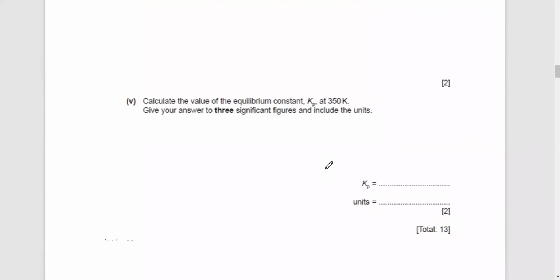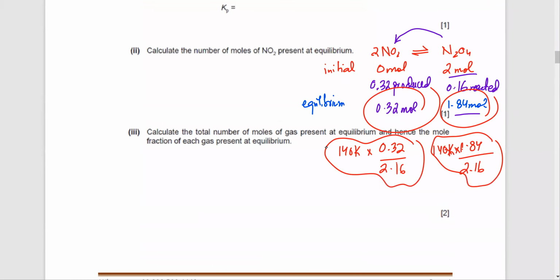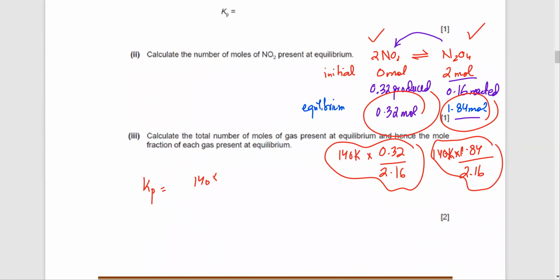And the final part is he's asking you to calculate the value of Kp, which we're going to do over there. So it's going to be N2O4 divided by the NO2 squared. So Kp is 140K multiplied by 1.84, divided by 2.16, and the whole thing is going to be divided by 140K again, multiplied by 0.32 divided by 2.16. But the bottom one is going to be squared